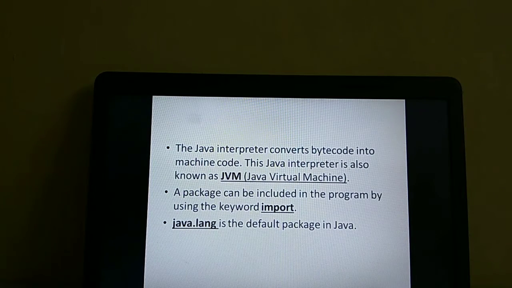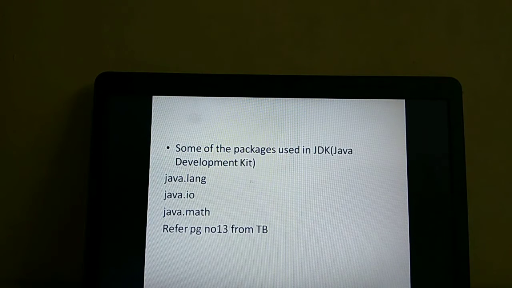Now I will continue, that is some of the packages used in JDK. JDK is a kit, that is Java Development Kit. When you are installing the BlueJ software, it is necessary to have a setup file of JDK also along with the software, or else your software will not work. Okay, some of the packages that are used in Java